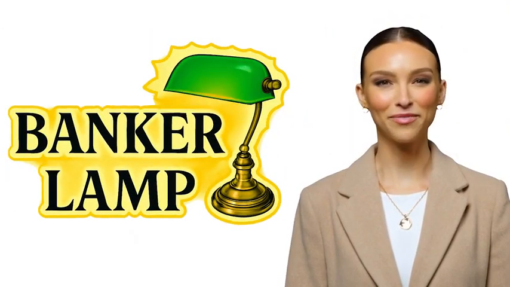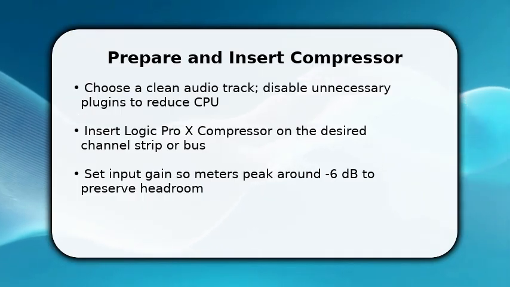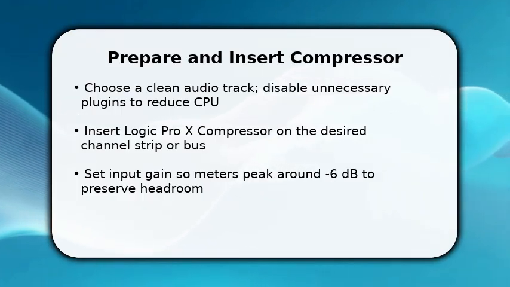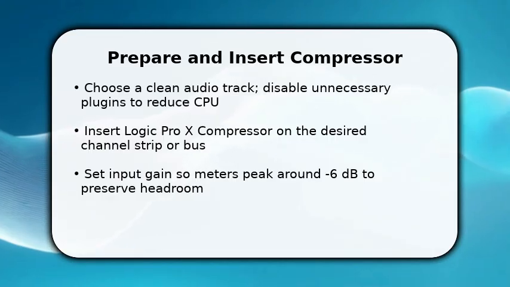Please enjoy the video. You start by choosing the track and inserting Logic Pro X compressor. This gets you into processing immediately. You set input gain so meters sit around -6 dB because headroom prevents unwanted clipping and lets the compressor work